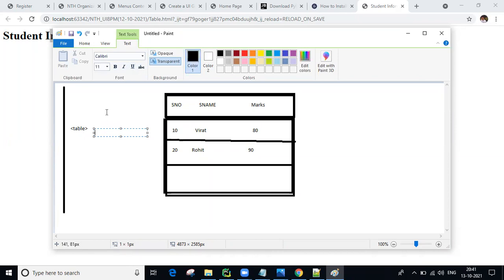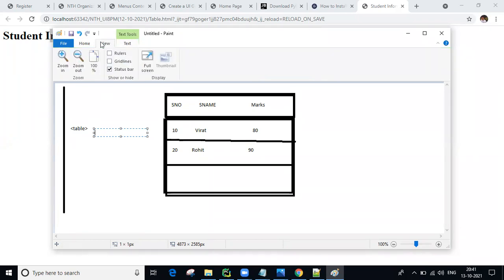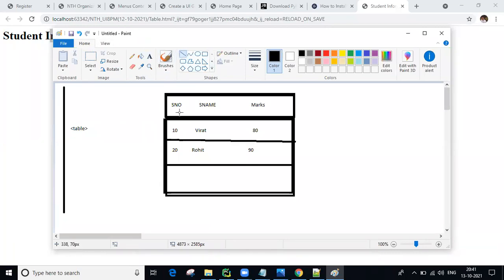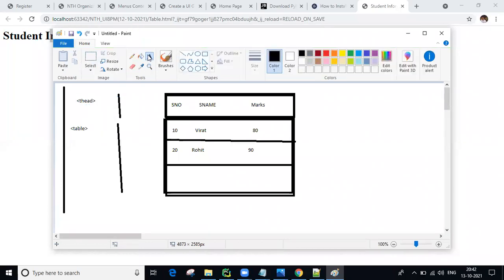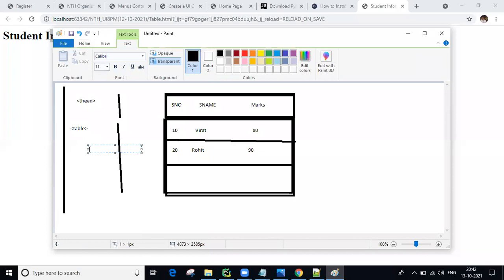So next, guys, to represent this head section, we use another tag, and for the body section, another tag. For the head section we are going to use the thead tag, guys. And for the body section, we are going to use the tbody tag.